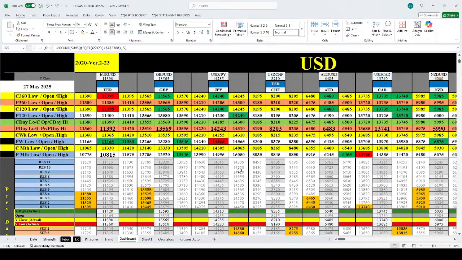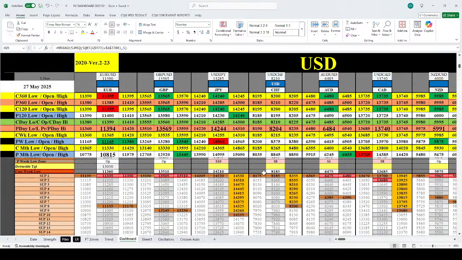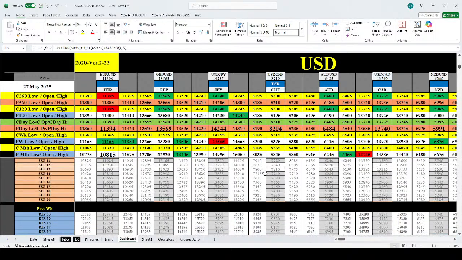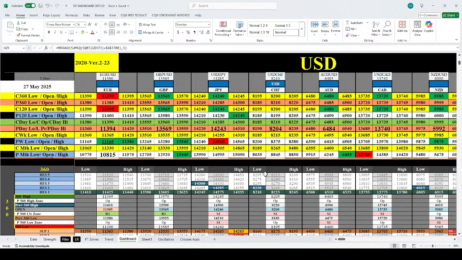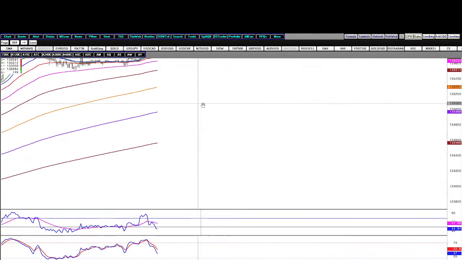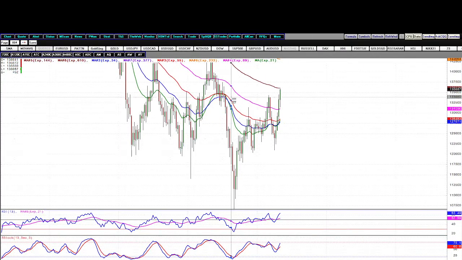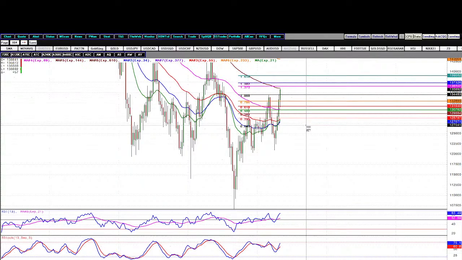137.10 and 137.40. So if you look into the weekly, weekly is saying 136 and 136.80. So we have targets 136, 136.80 and 137.40. Okay, so that should be our final target. So if you look into the pound, remember we've got to use the monthly chart because this is trading above the previous month high. So if we are looking for an extension of this, I think we are getting 137.40. That should be our final